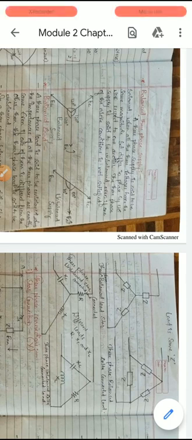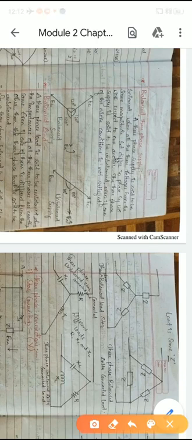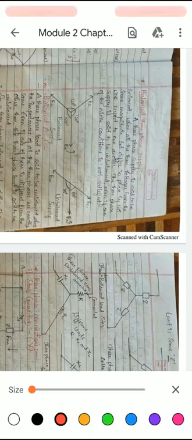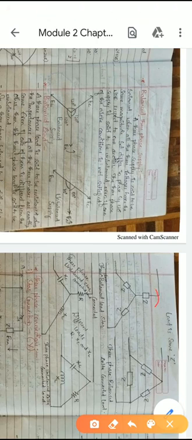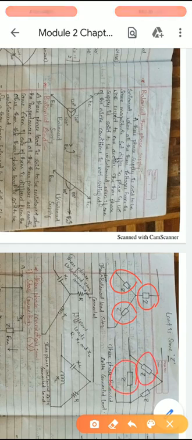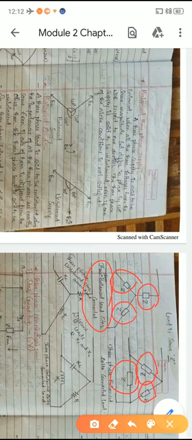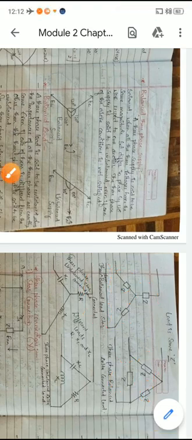You can see here, we have Z, Z, Z, or Z, Z, Z. All loads are equal. Then that will be called a balanced load, right? If it is connected in star fashion, then that will be called a balanced star load. If it is connected in delta fashion, it will be called a balanced delta connected load, right? If the loads are different, or if the impedances are different, then that will be called an unbalanced load, right?